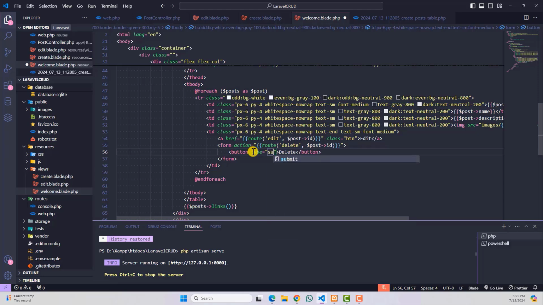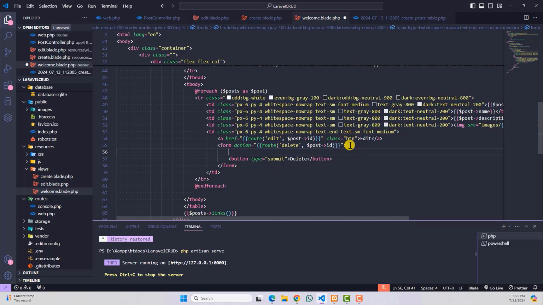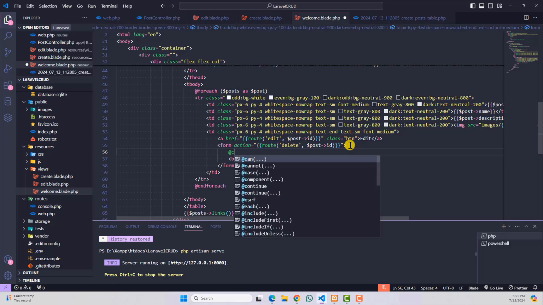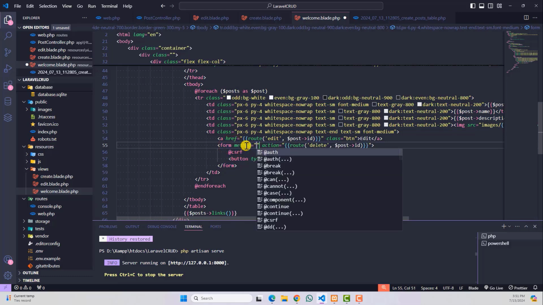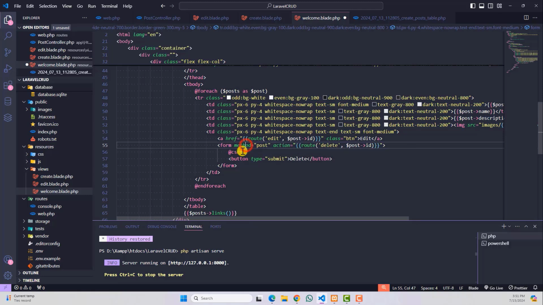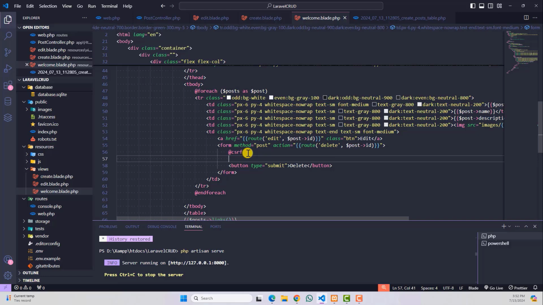So our button type is submit, and then we have to set the CSRF token. So again type @csrf, and finally we need to set our method. So our method is post method, and after the CSRF you can set the delete method. So type @method and type delete,